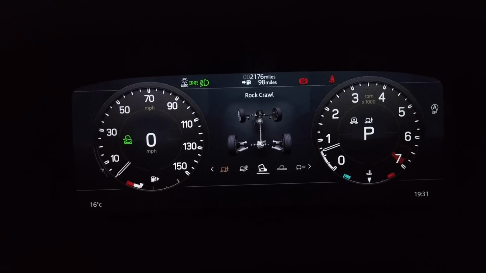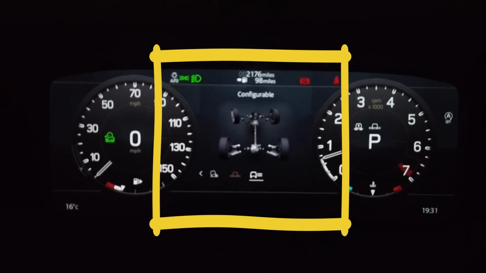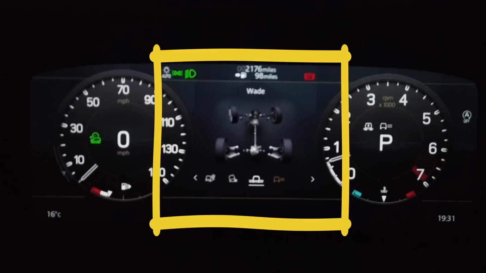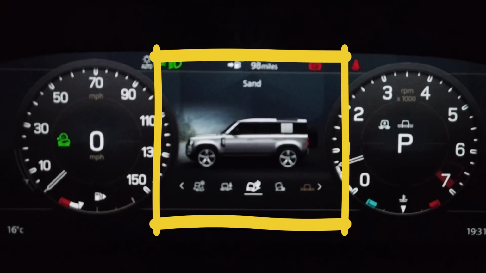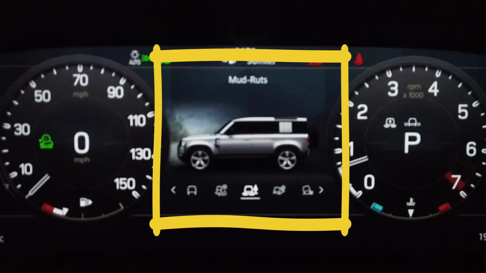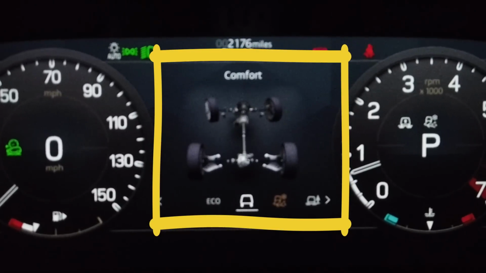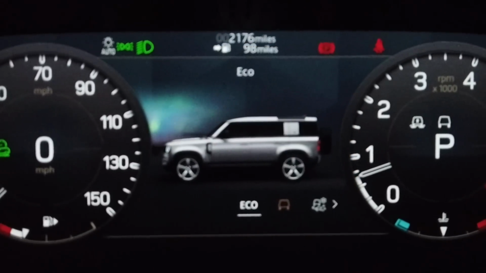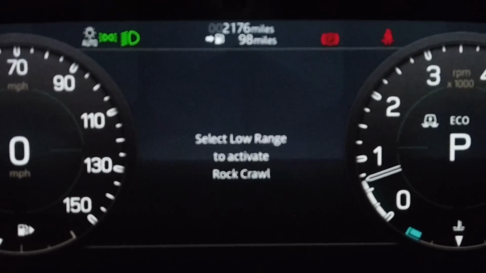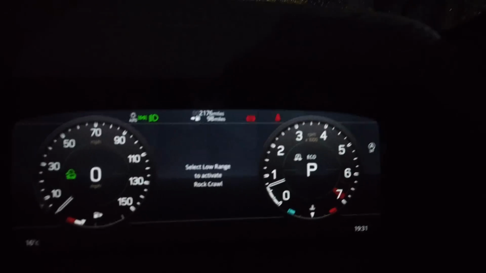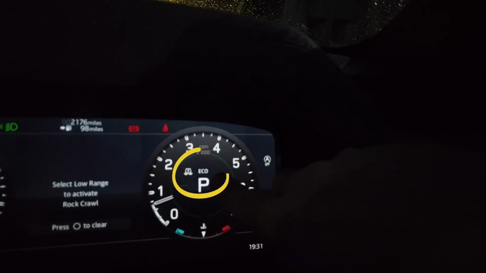Now the other cool thing is, not only does it bring up that extra menu here, when I rotate this on the instrument cluster, the information will tell me it is configurable terrain response. It gives me all the modes: wade, rock crawl, sand, muds and ruts, gravel and snow, comfort and eco. Whenever I select one, not only will I be able to see here which one I'm in,